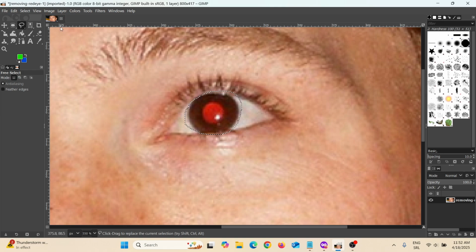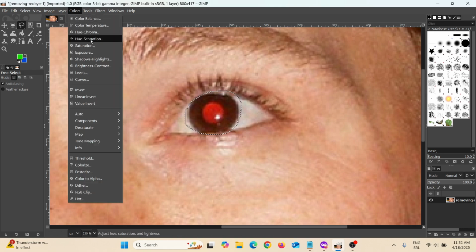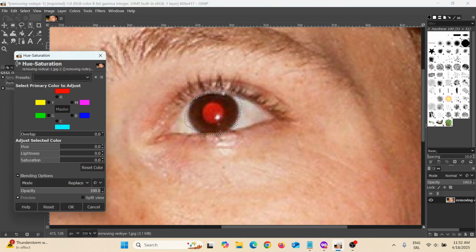And now go here on Colors, go here on Hue-Saturation, and then because this is a red eye, I will choose the red color and then simply play with the saturation, as you can see here. Also with the lightness I can play like this, and also with the hue, as you can see I'm playing with the hue. So just make it look as natural as possible, as natural as possible color of the